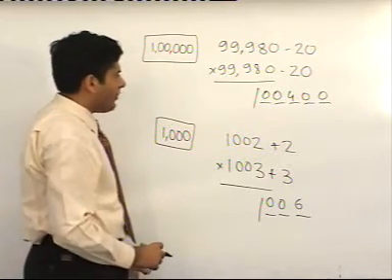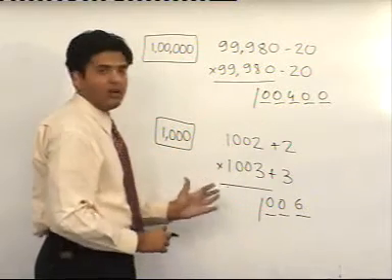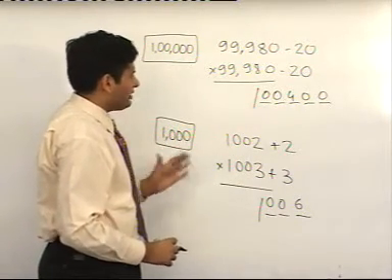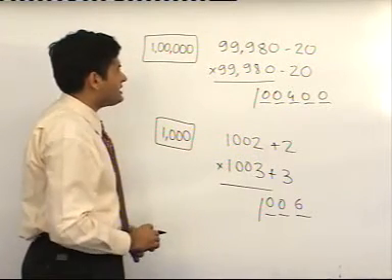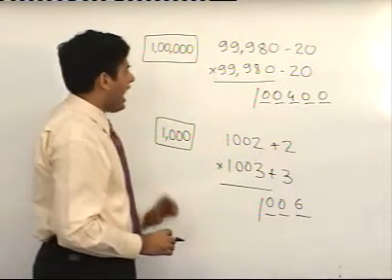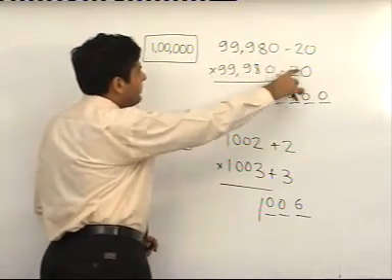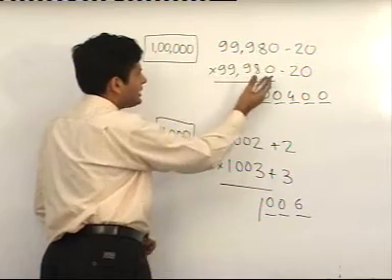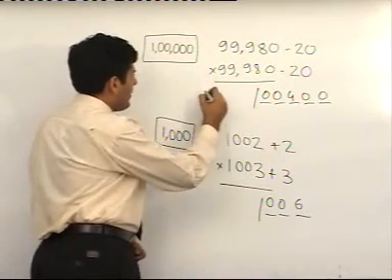If while giving any competitive exam your half answer corresponds uniquely to any one of the alternatives, you can straight away tick it correct. But if it does not, you will have to find the whole answer. And your last step says find the cross answer. So in this case it will be 99,980 minus 20, or you can take upwards 99,980 minus 20. Either case answer will be same,